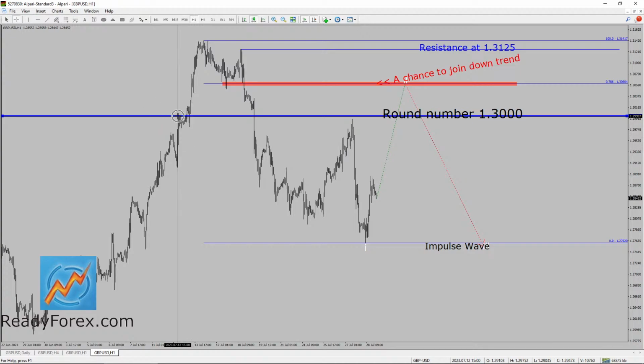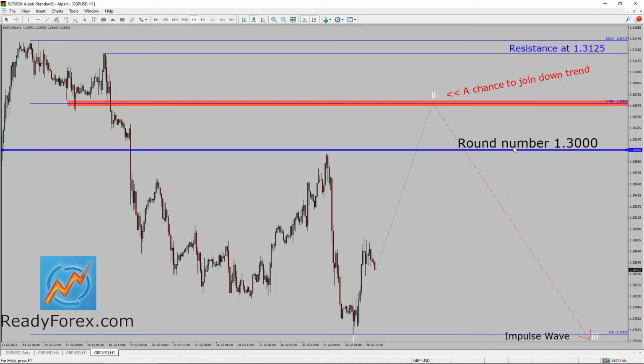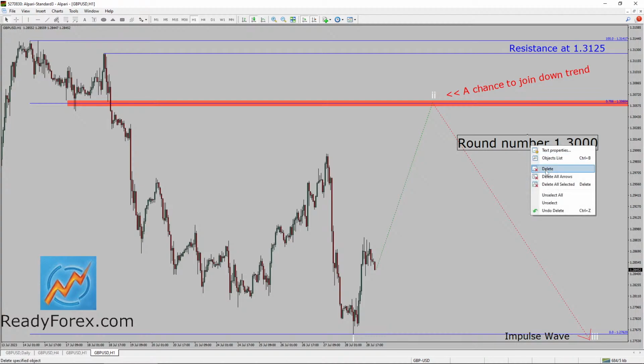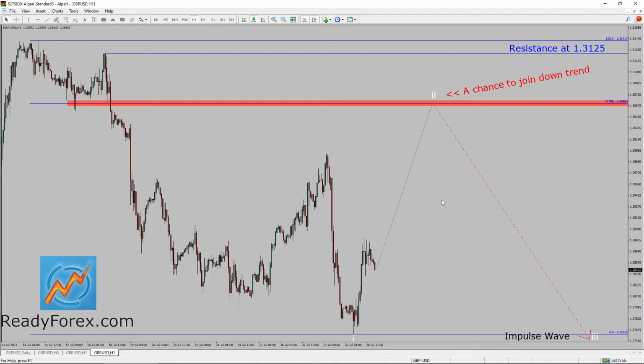Right over here we got some resistance, and then the same resistance turned into a support, provided the support, and then price fired up. So I don't think that this round number is going to work this time. Also, it's a trending market environment. It's a volatile market environment going on,